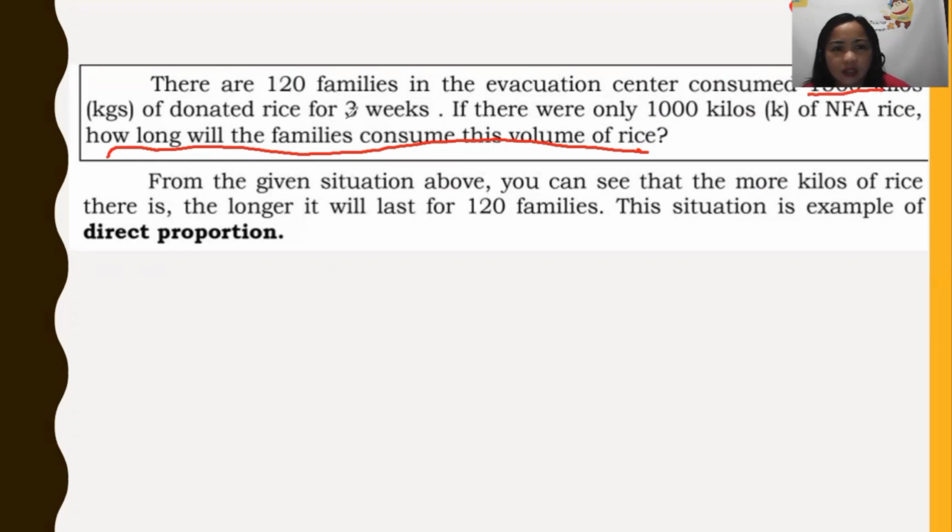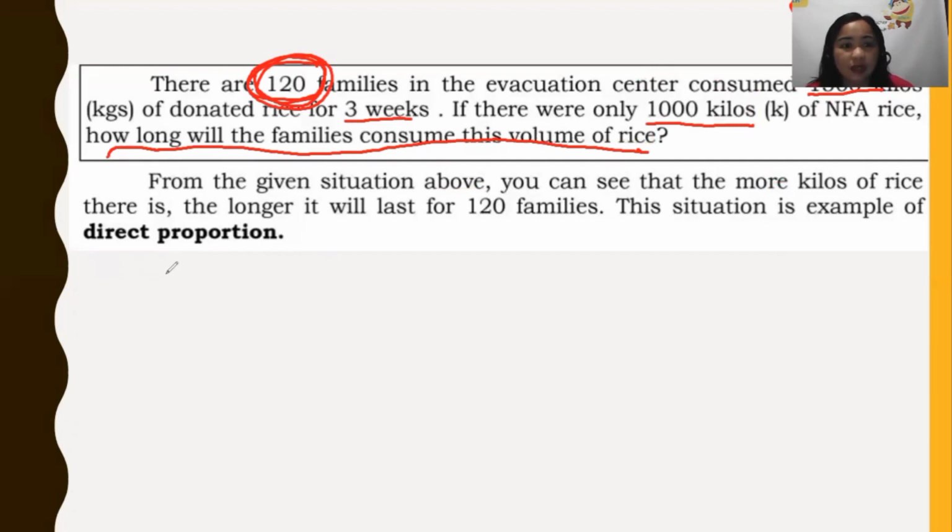1,500, 3 weeks, and 1,000 kilos. Ito po yung mga given. Itong 120 families, hindi na natin siya isasama sa given kasi ito ay, kumbaga, constant, hindi naman mababago yung bilang ng family. Ang nabago, yung timbang ng bigas. Now, kung meron tayo ditong